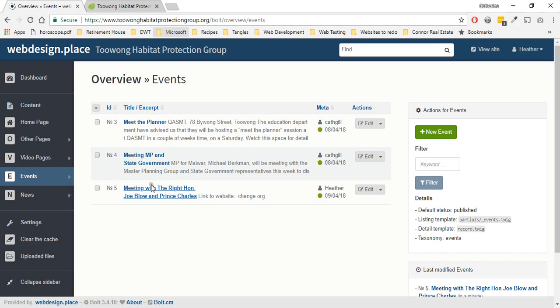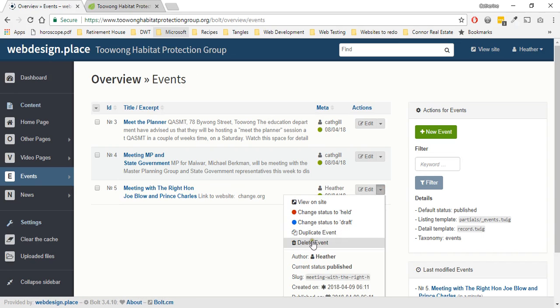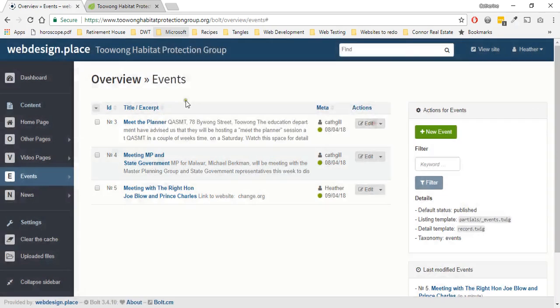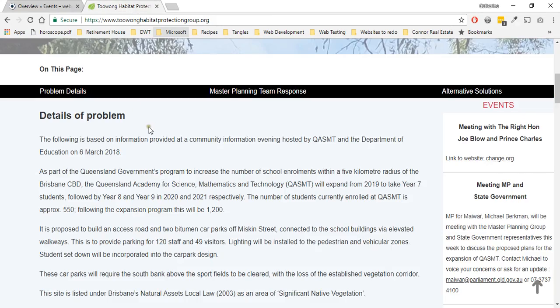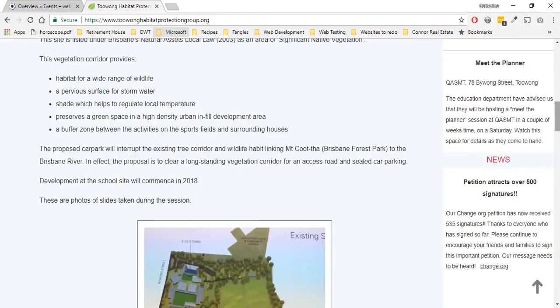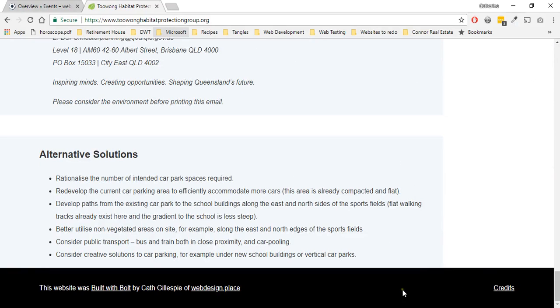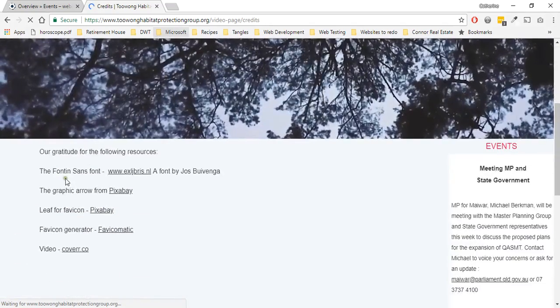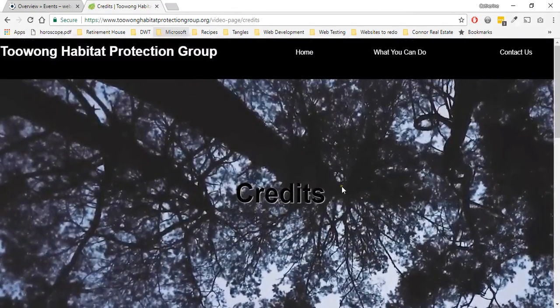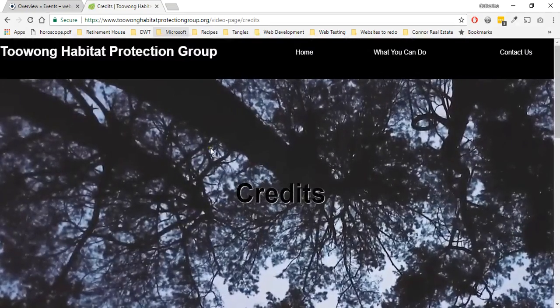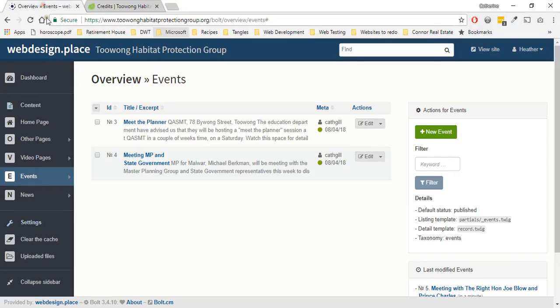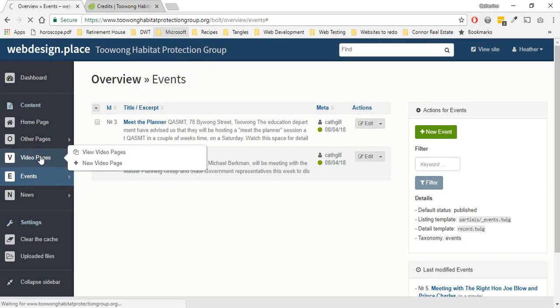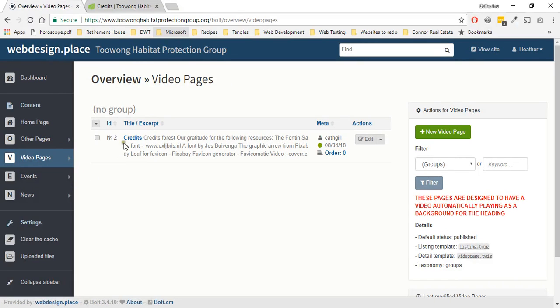Oh yeah, I want to show you the credits page. We'll just delete this event. Yeah. So if you go to the very, very bottom of the site, there's a footer and there's a credits link here. I just think it's nice to acknowledge all the companies and people that give us free stuff. And just for fun, I put a video background here. So if we go to video pages, which is what that is, and if we go to credits,